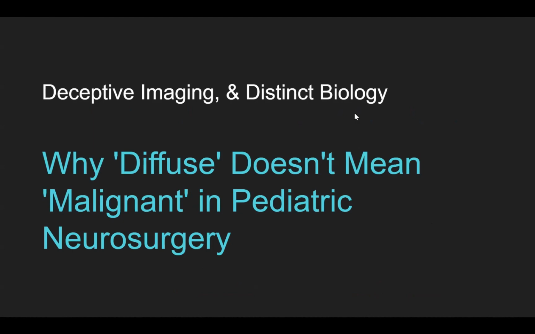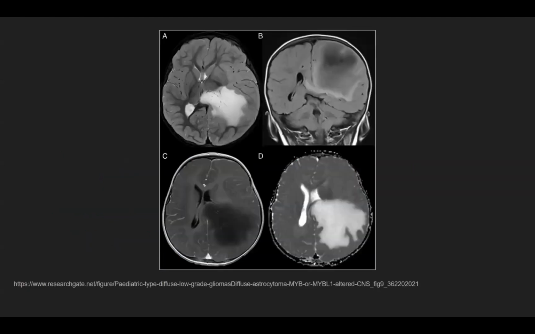The core idea behind today's session is going to be how the imaging is so deceptive in pediatric gliomas and how the biology is very, very distinct, and why diffuse doesn't mean malignant in pediatric neurosurgery, because you're going to see some pretty amazing cases. Moving on,